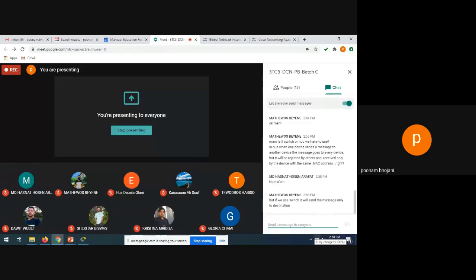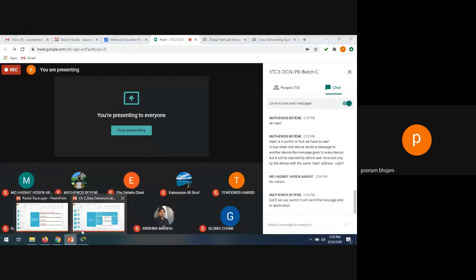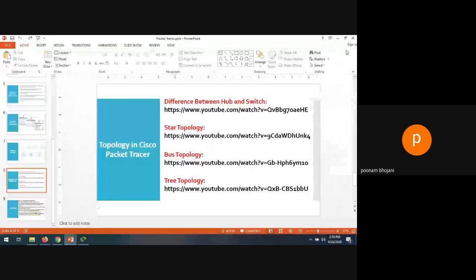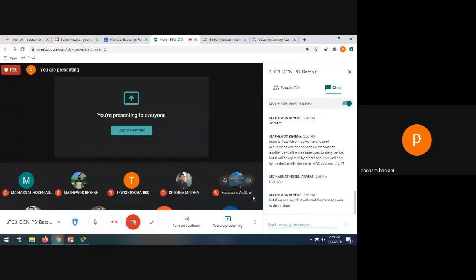Okay, so now after doing this much work in Cisco Packet Tracer, you can form different topologies on your own. How to form different topologies, those links are already given in the PPT. You can refer to those links. To make a topology in Cisco Packet Tracer, you have to download it, install it, and register yourself at netacad.com. Then only you can use this tool.